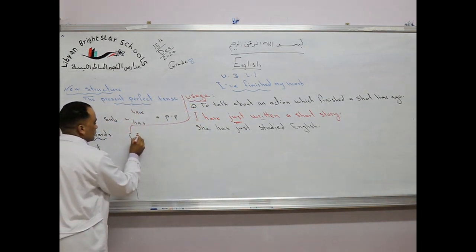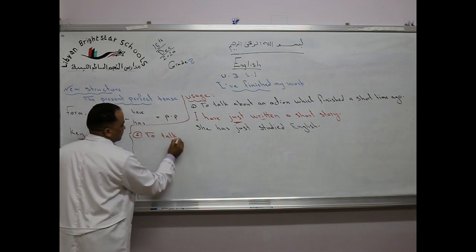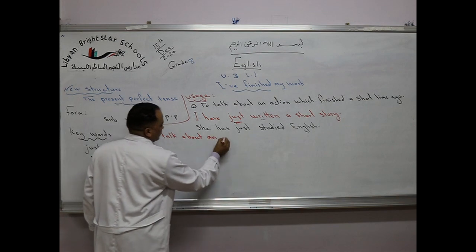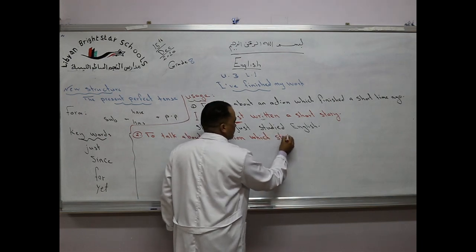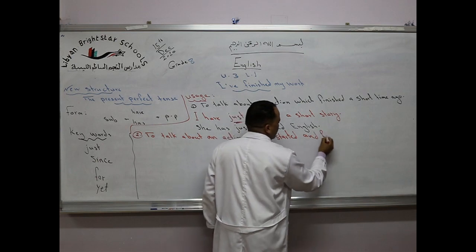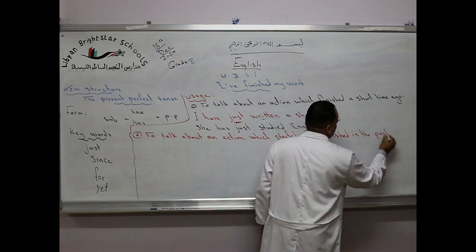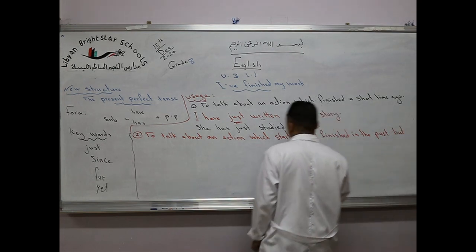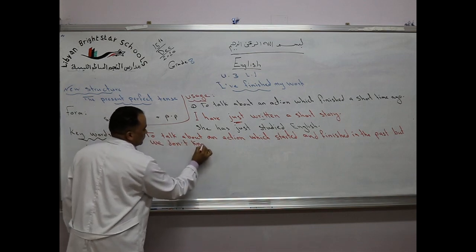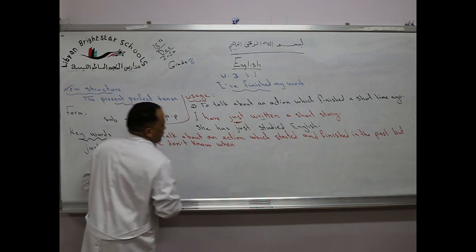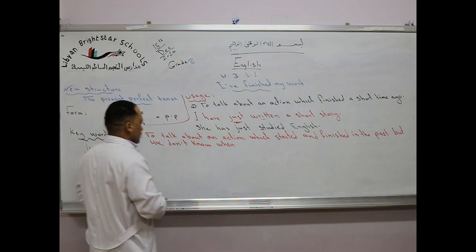Number 2, we use the present perfect to talk about an action which started and finished in the past but we don't know when. We use the present perfect to talk about an action which started and finished in the past, but we don't know when. Okay? For example,